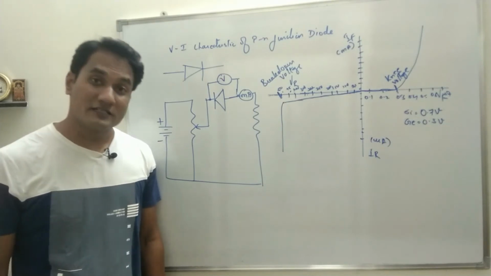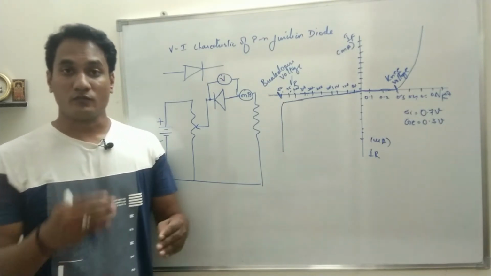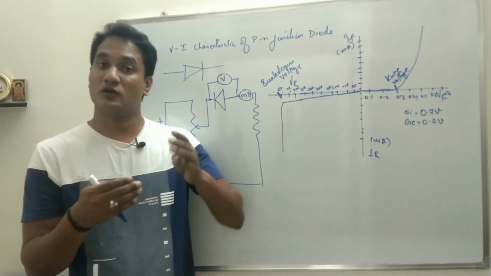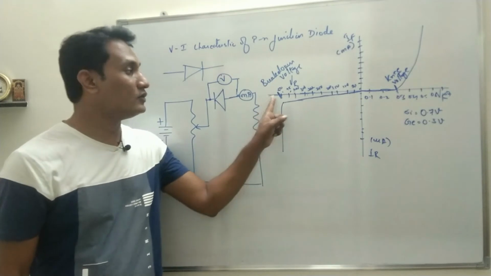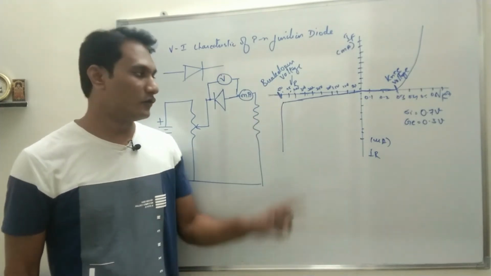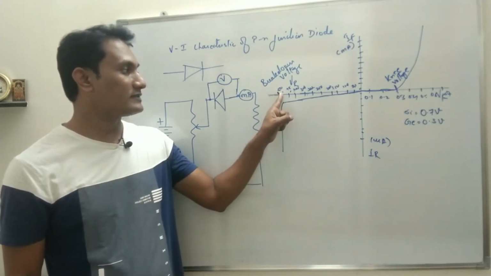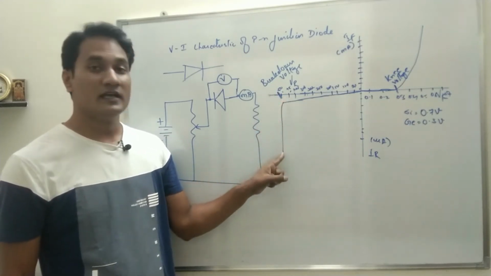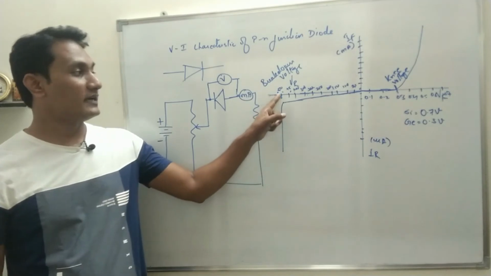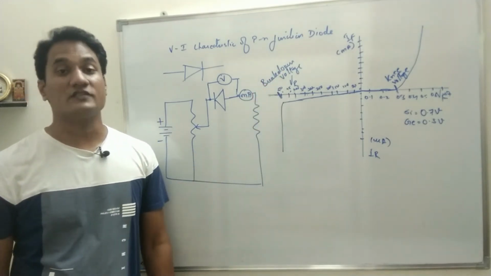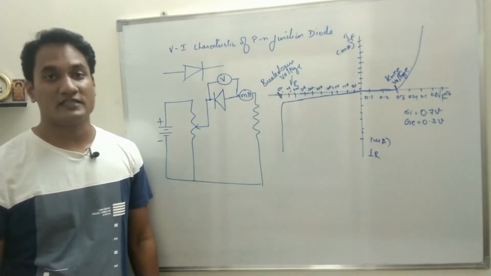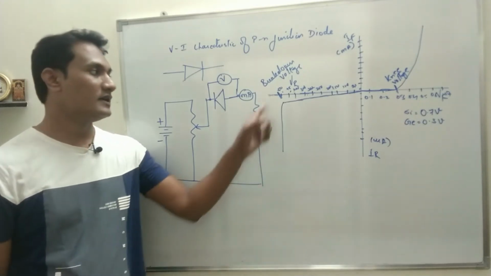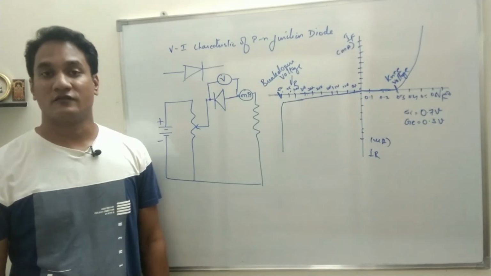That means in reverse bias condition also, the amount of free electrons will gradually increase to a very high magnitude at around 50 volt. When 50 volt is reached, a large amount of free electrons are available, they take part in the process of conduction and current will increase. The potential at which this happens is called the breakdown voltage. For an ordinary diode, it is minus 50 volt, since we are talking about reverse bias condition, third quadrant.